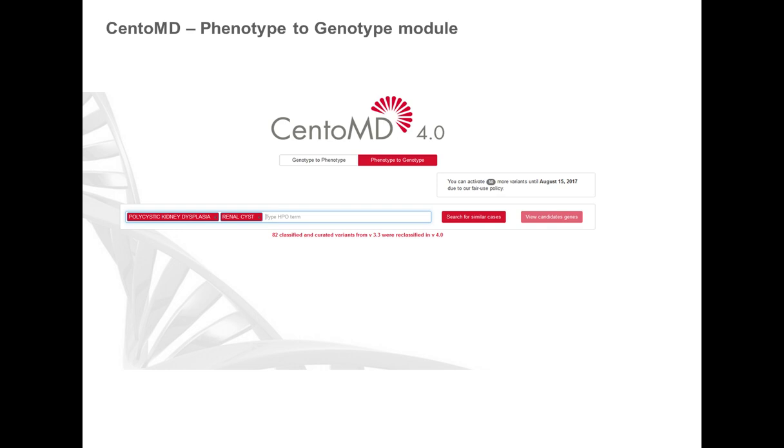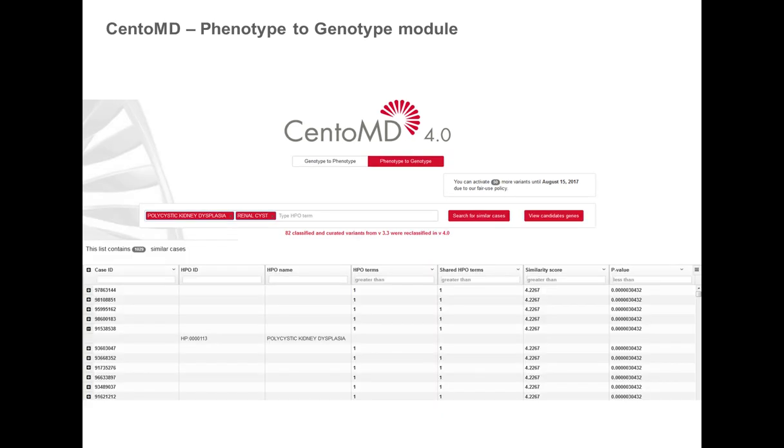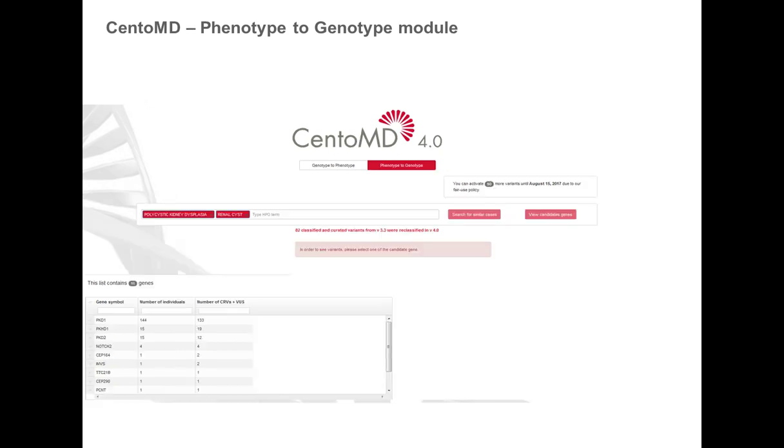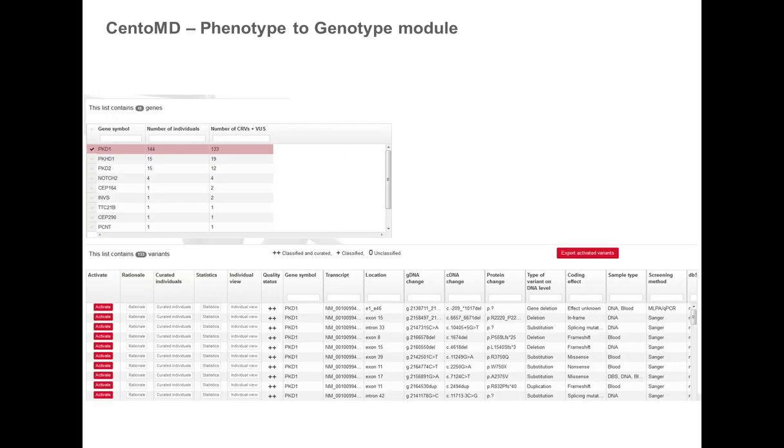To do a phenotype type of search, you just type in phenotype terms, and we accept HPO terms. And when you type in those terms and do a search, it'll return a list of patients that are associated with those phenotypes. And when you drill down to each individual patient, you'll find, for example, the list of genes that are associated with that particular phenotype. And then the patients that have those particular variants within those particular genes, and then you can click to identify the variants within those particular genes.